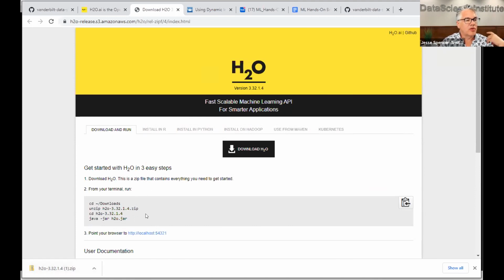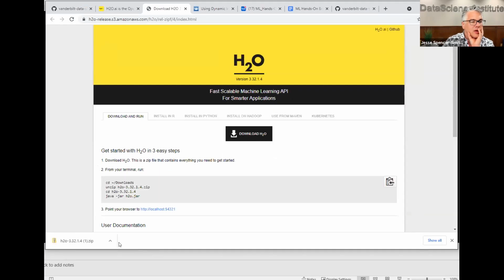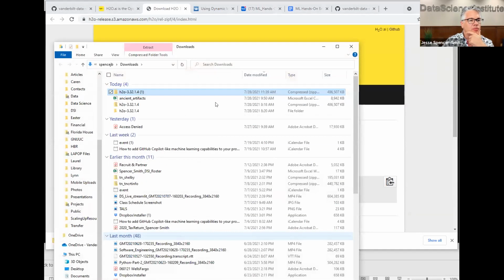Here, it gives you instructions. You're going to pretty much follow the instructions, but not exactly. So we downloaded H2O. On Windows, if you click on this little arrow right here, where it was downloaded, you can say show in folder. Let me extend this a little bit. So you click on this and it says show in folder. We're going to click on that. Give me a thumbs up if we're there. Thumbs up, excellent. Give me a red X if you want me to stop.